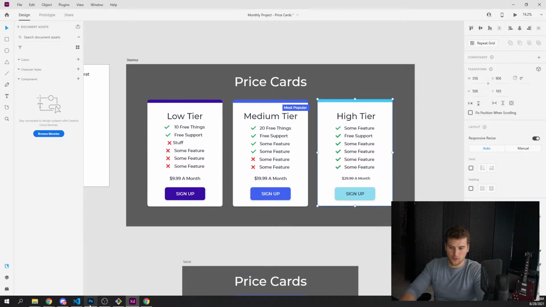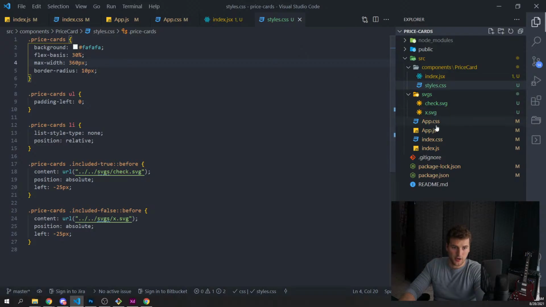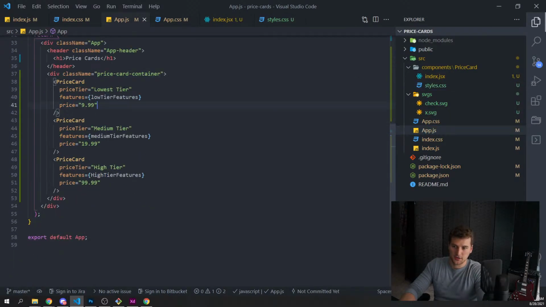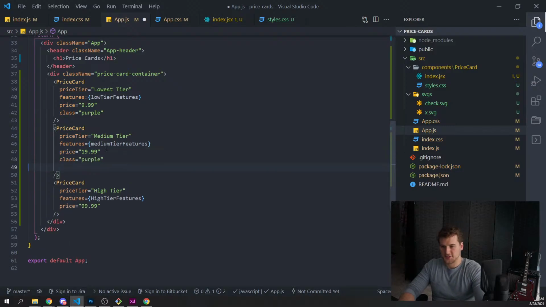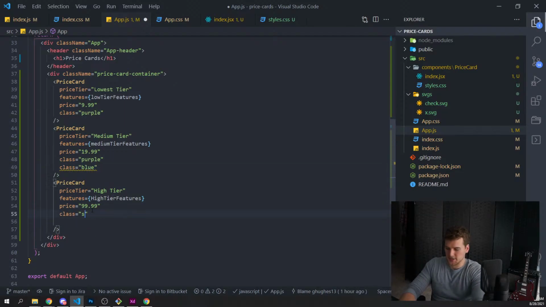So we're gonna go to our App.js, and in here, we're gonna pass a class. The first one's gonna be purple. This is gonna be, what color is that? Like bluish? We'll just say blue. And then this last one here is gonna be sky blue, and we'll save that.